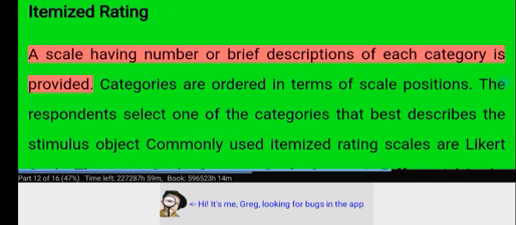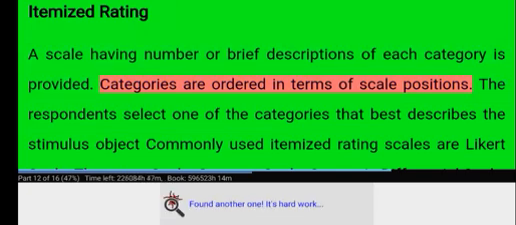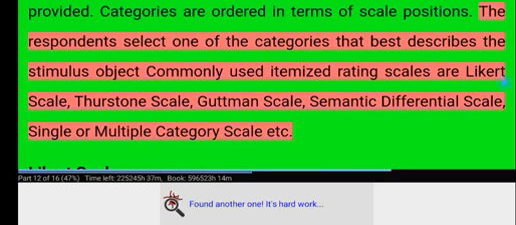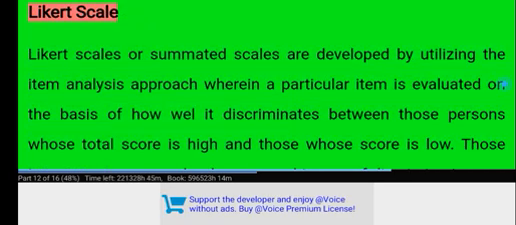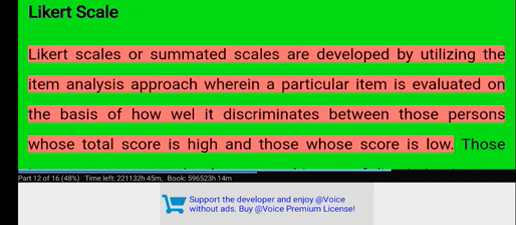Itemized rating. A scale having number or brief descriptions of each category is provided. Categories are ordered in terms of scale positions. The respondents select one of the categories that best describes the stimulus object. Commonly used itemized rating scales are Likert scale, Thurstone scale, Goodman scale, semantic differential scale, single or multiple category scale, etc. Likert scale. Likert scales or summated scales are developed by utilizing the item analysis approach, wherein a particular item